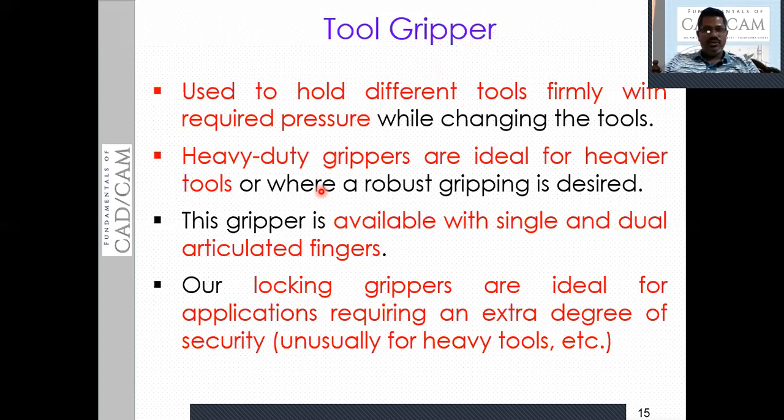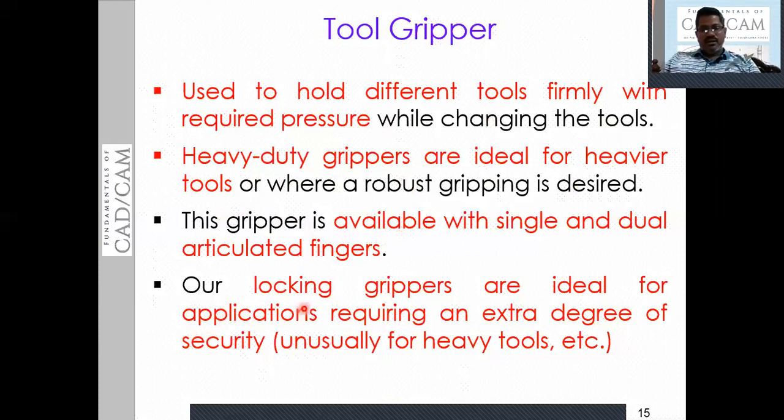These are used to hold lightweight components. Whereas if you want to hold heavyweight objects, parts, or tools where you want to grip firmly, we use the heavy duty grippers, which are ideal for heavier tools or parts to move to the desired location. Grippers are not only for moving the tools; they can also be used while machining, to hold the tools or the workpiece to some extent.